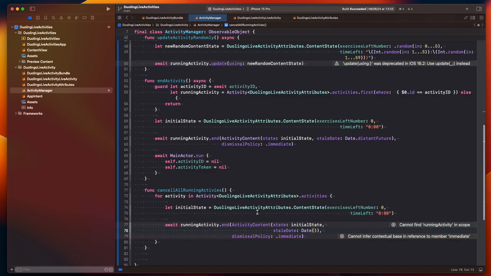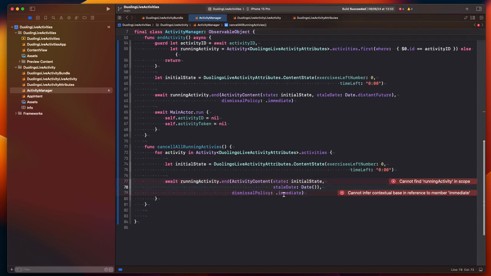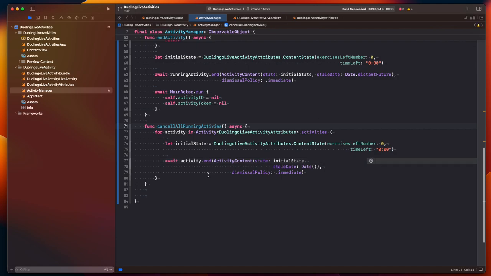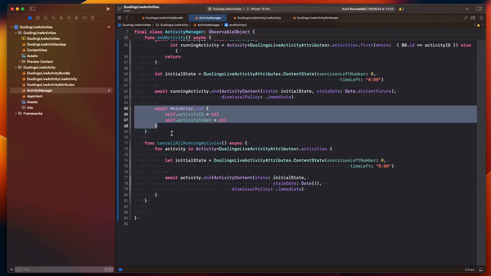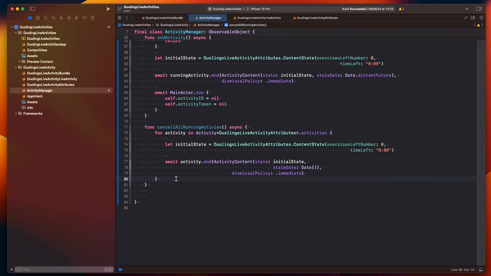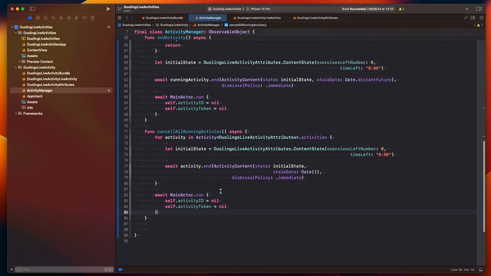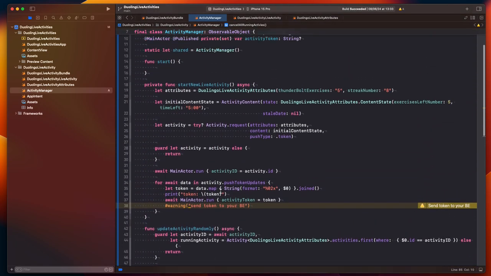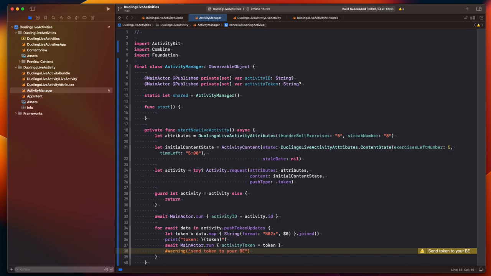And this is not important since we are actually finishing the activity, but this is still required. I'm not sure why. So we want all of them to be ended, and since we are using await, let's make this function async. And of course we need to clean that up again. We need to clean those values, and we are almost done with this class,